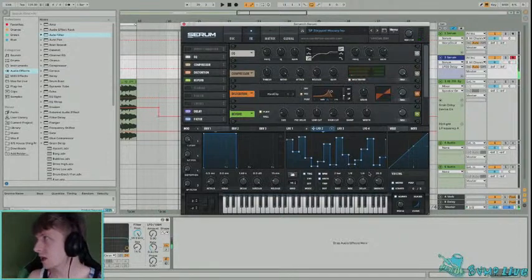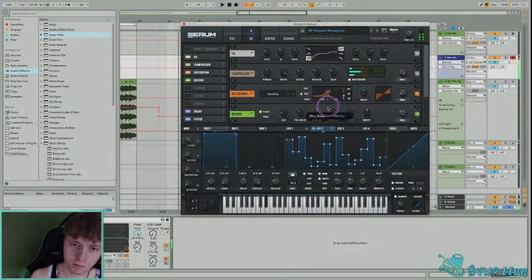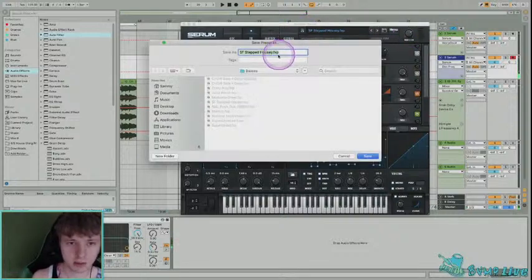So you can always play it like, but if you hold it out, the variation will start to come in. Yeah, let's do that. Stepped Housey